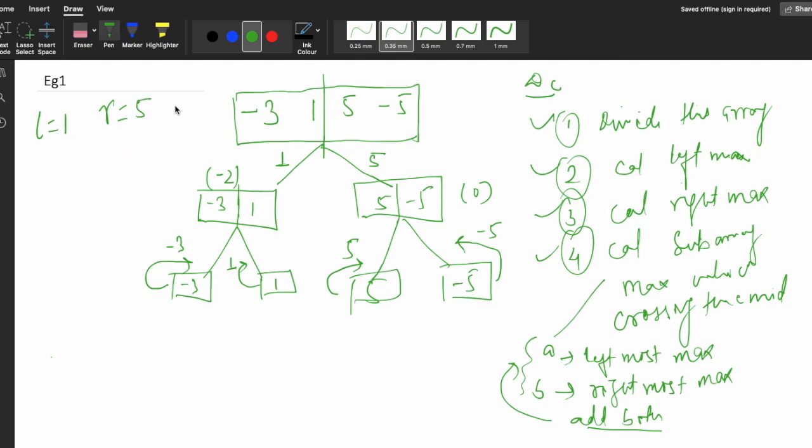Now we have to calculate the mid value. For the leftmost, we'll simply iterate throughout the list. Here the list will be, for the leftmost, -3 and 1. We'll simply iterate throughout this list and try to get the maximum value.